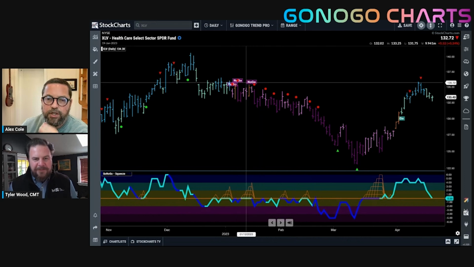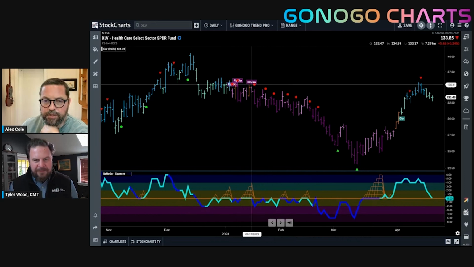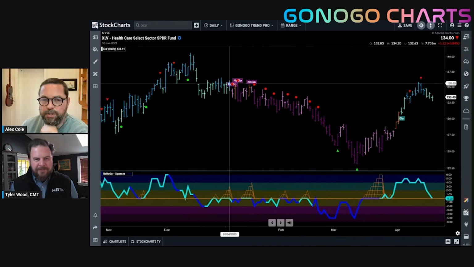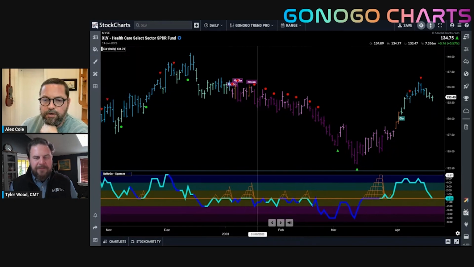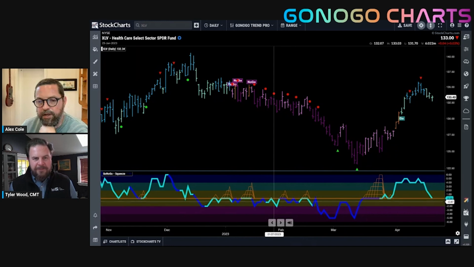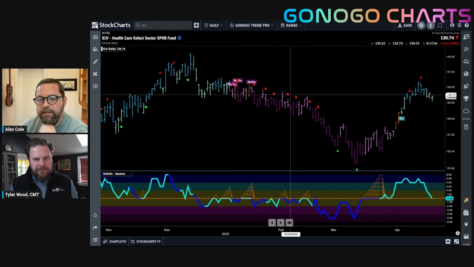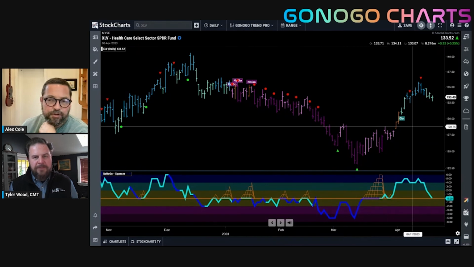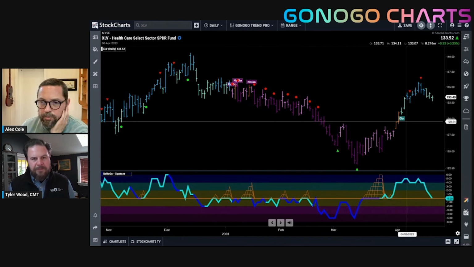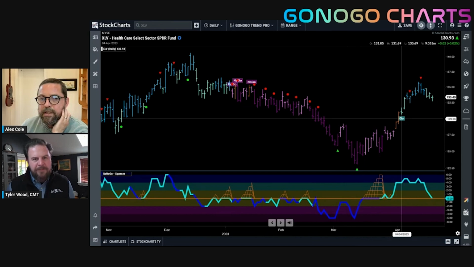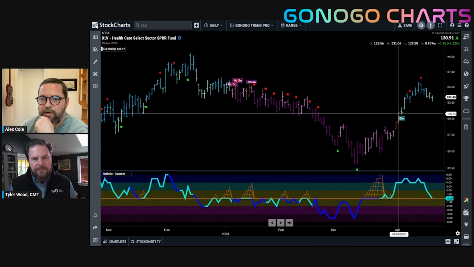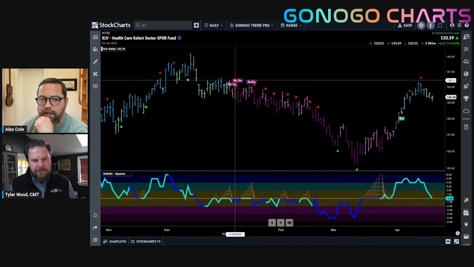continued trend continuation icons to the downside. That's what these red circles are telling us, that once this no-go trend took hold, we continue to get confirmation of that, with momentum staying in negative territory all the way until we hit down here in these lows. But as you said, now we're seeing some relative outperformance and the go trend in place on the healthcare sector itself. Of course, there's quite a lot of congestion to get through at these levels.